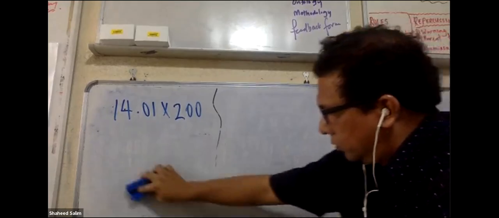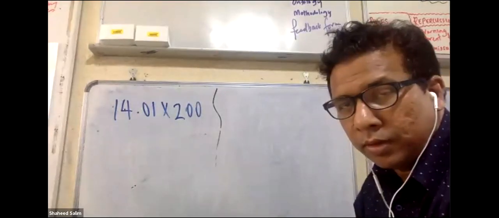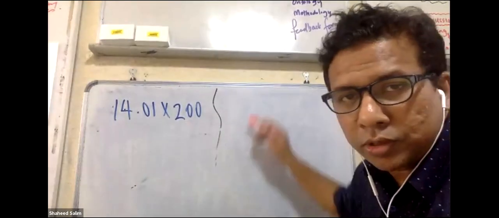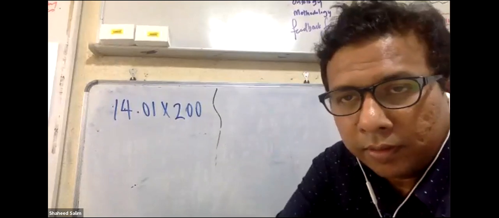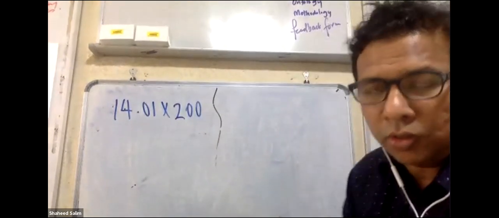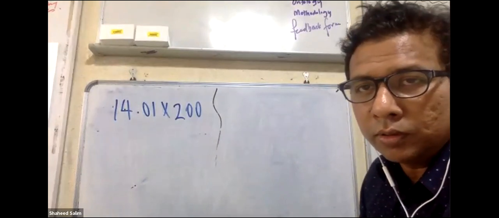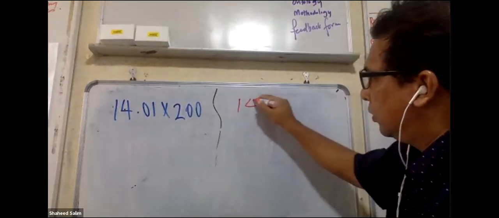Answer is 2802. Okay, let's see whether the rest get it also. Which method did you use? Times 100 times 2, or 500 times 2? Okay, that can also. But you must also learn the other one. The other method you have to learn also, no? Okay, you have to learn like that also.